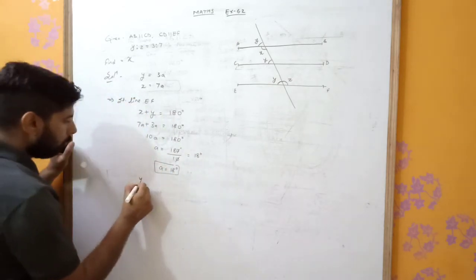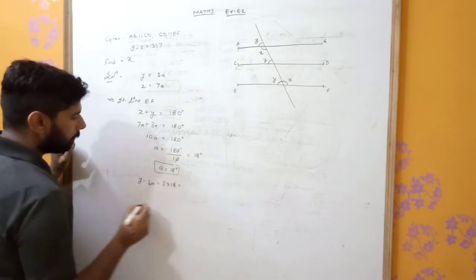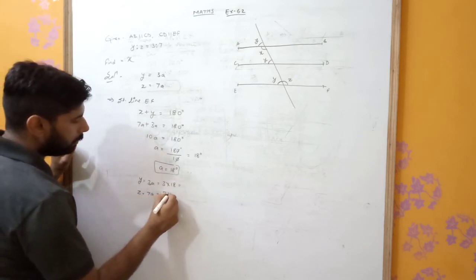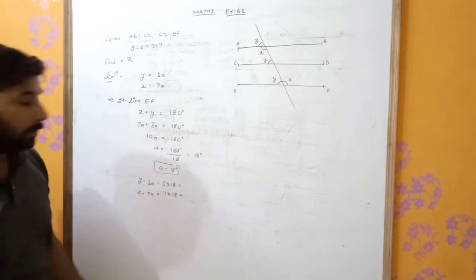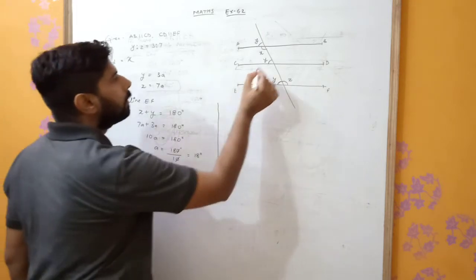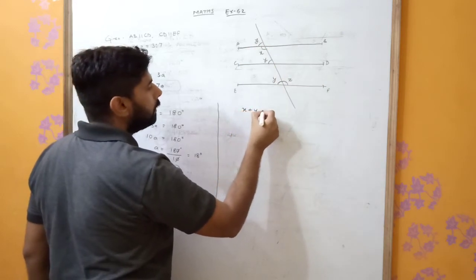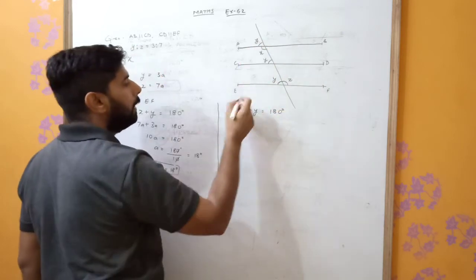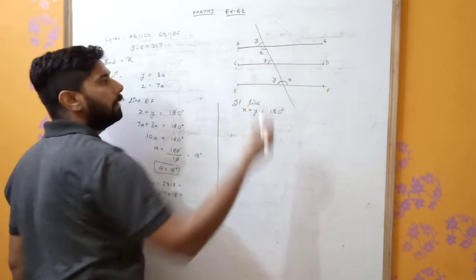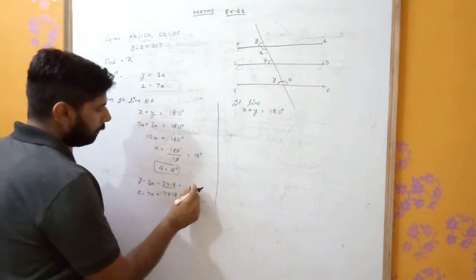Now y is equals to 3a and is equals to 3 into 18. Z equals to 7a and is equals to 7 into 18. You have to find it. Again, now this is a straight line. X plus y is equals to 180 degree by straight line. Here also there is a straight line. X plus y what will it be? 180 degree. So we can write the value of y that comes from here, how much will it be? 54.